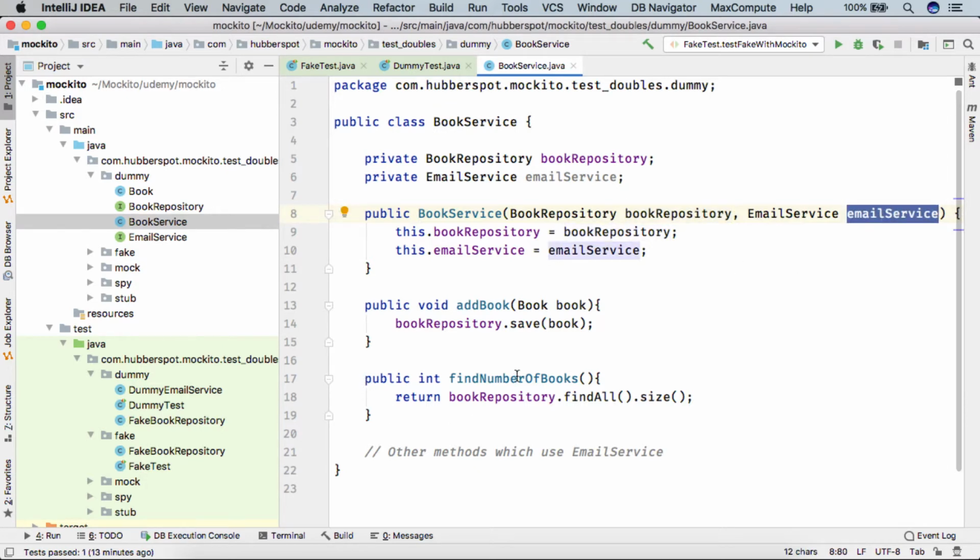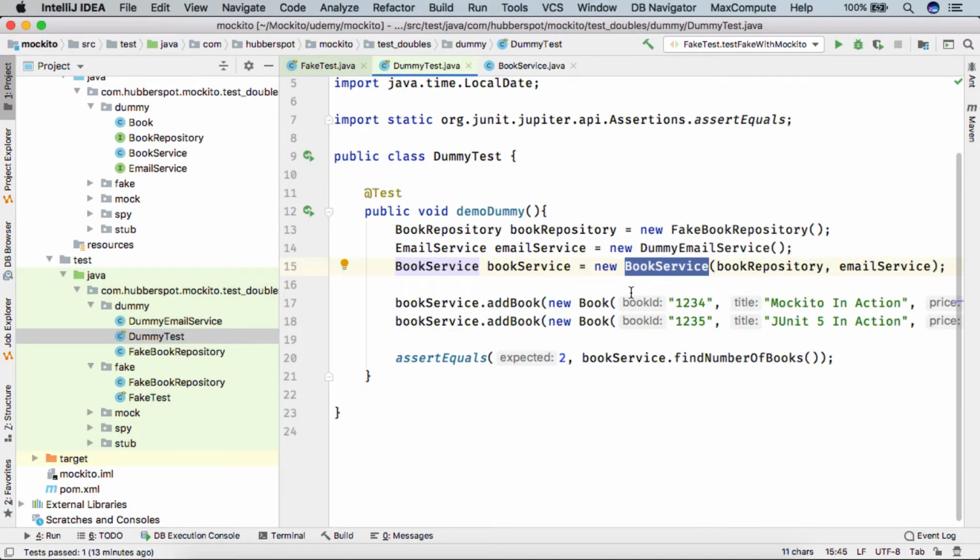We were testing find number of books, which only uses the book repository, but we had to create this email service. So we created a dummy test double for this email service to just make the compiler happy, because if we don't provide email service to this constructor, the compiler will not compile this code. So the dummy test double comes into the picture only to satisfy the compiler.